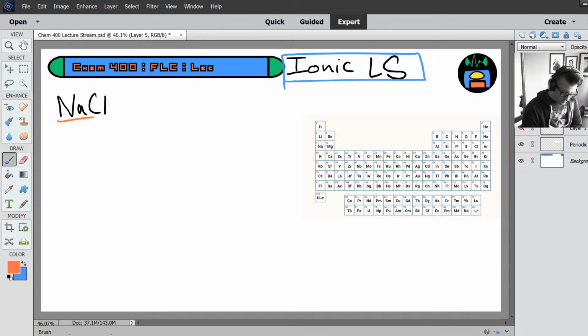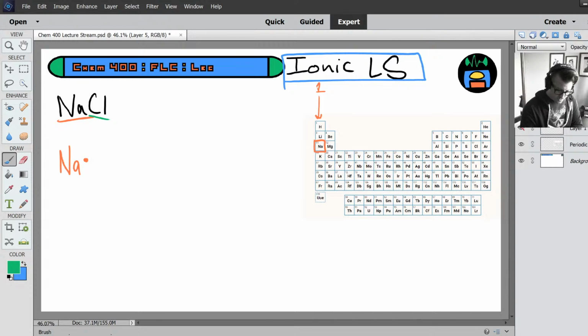sodium is in column 1. All right. So sodium will have, or actually, because it's in the first column of the periodic table, that means its Lewis structure has one dot, right? One valence electron. And if you look at